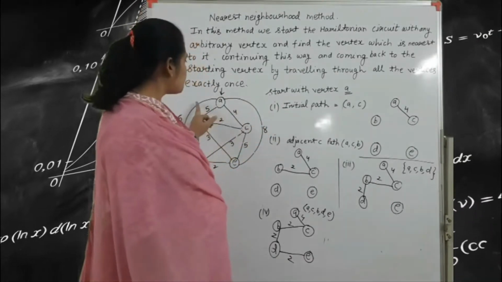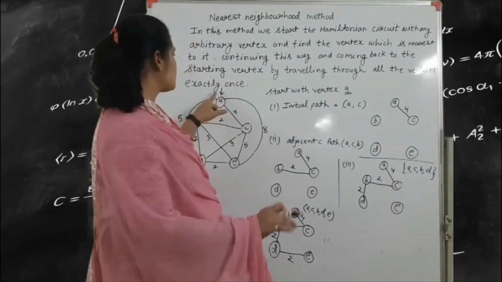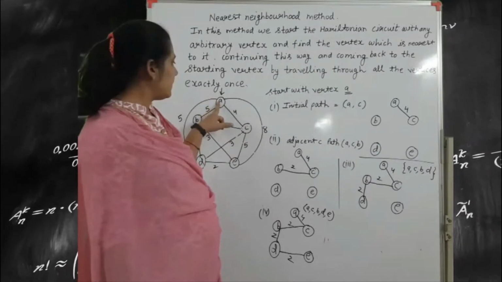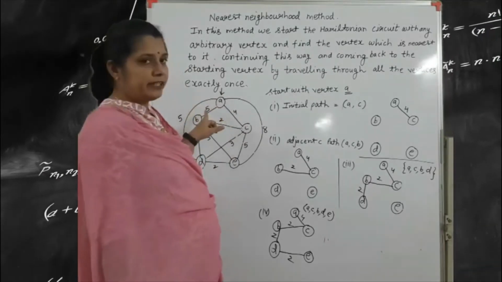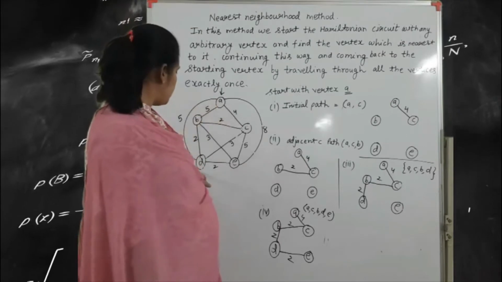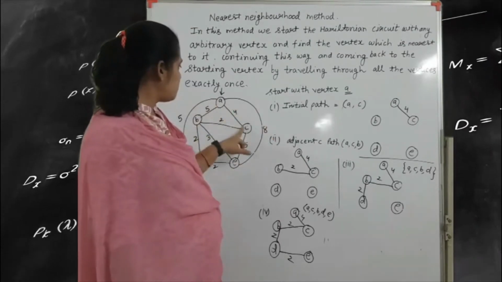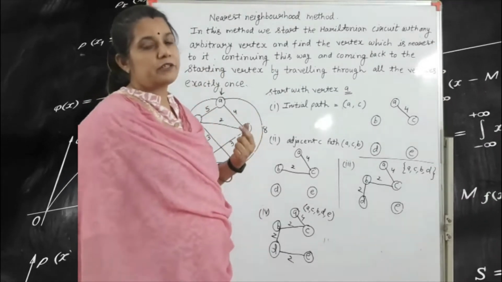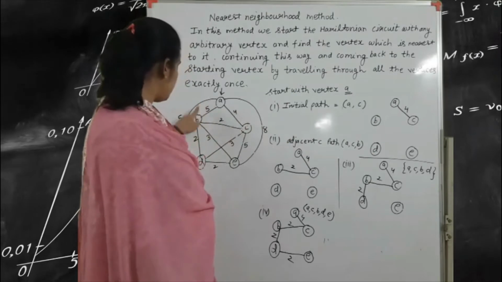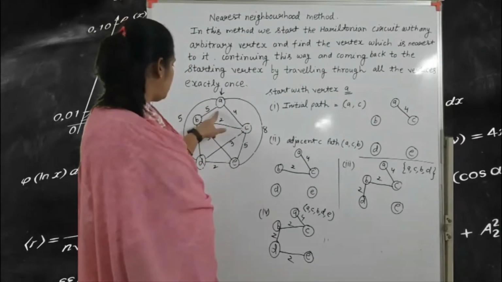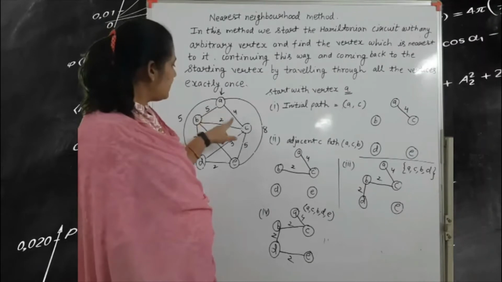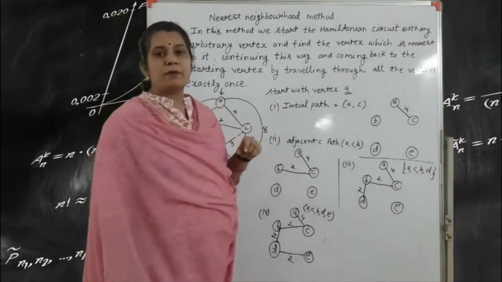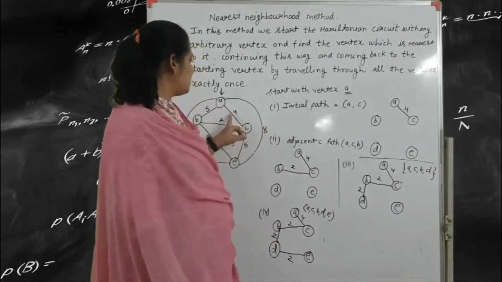Starting with vertex A, because this is your source point. Always consider the A vertex here with its 4 edges. That means we go A to D, A to E, A to C and A to B. We choose the minimum distance, or you can say the minimum weight. A to D is 5, A to B is 5, A to C is 4 and A to E is 8. So what is the minimum distance? The minimum distance is 4.